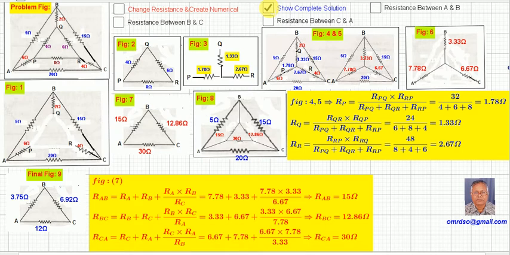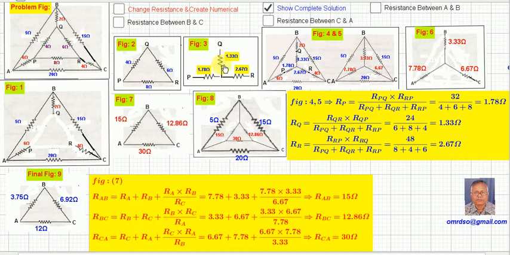Okay, now try to understand what I have done. I have removed this part from here and taken it as figure 2. Now it is a delta form. I have converted this delta into star form. How delta is converted into star form, if you want to know, please follow my videos. I have already explained how you can convert delta into star or star into delta. If you need it, just mail me, I will send it.